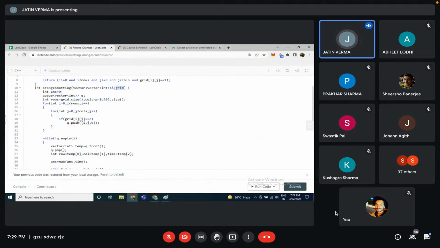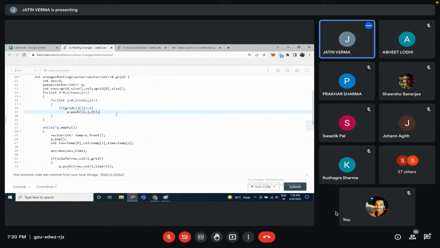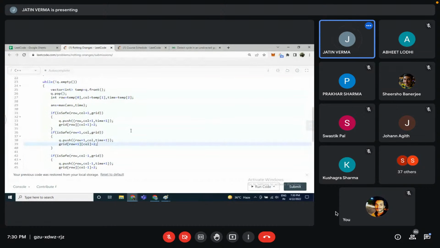तो ये तुम्हारा ग्रिड हो गया। अब हमने नॉर्मली जैसे हम बीएफएस लगाते हैं एक क्यू बना ली। अब देखो हम क्यू में तीन चीजें डाल रहे थे, एक तो सेल के इंडेक्स और टाइम, तो इसलिए मैंने यहाँ पे वेक्टर लिया है एक। ठीक है। अब हम कुछ नहीं कर रहे, हम नॉर्मल उस ग्रिड पे ट्रेवर्स कर रहे हैं पहले, और जहां जहां तुम्हारा रॉटन ऑरेंज है उसको स्टोर कर रहे हैं क्यू में, और इनिशियली टाइम 0 लेंगे। ठीक है।